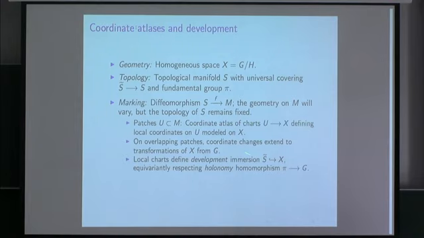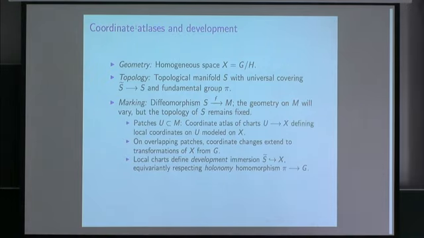Now, this is where the subject diverges from the theory of Riemann surfaces, because the coordinate charts can be analytically continued in a very strong way to give a map defined on the whole universal covering of S. And this is a local diffeomorphism, a local homeomorphism in every coordinate patch, and the universal cover then develops into X. The deck transformations are automorphisms, and they are represented by compositions of the local coordinate changes and define a map, a homomorphism from the fundamental group of S into G.